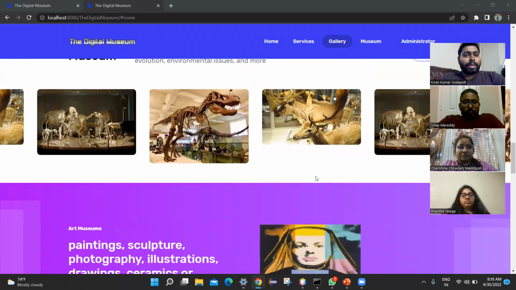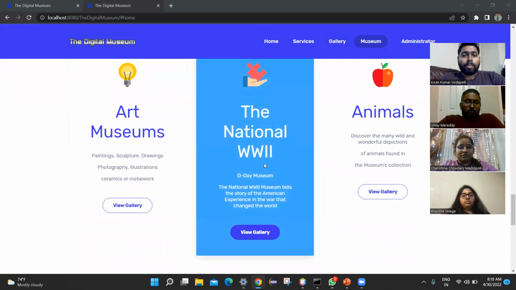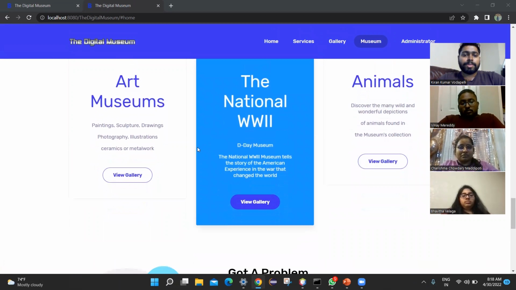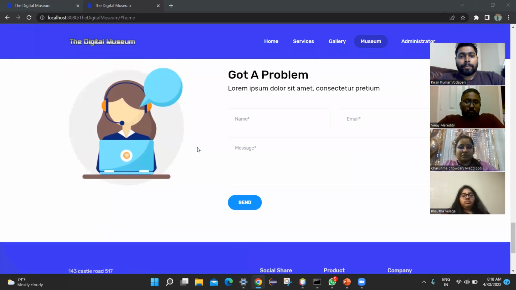We have created a good image gallery here, and the animations pop in when you mouse over any content. You see these little gestures to attract the customer and to improve the user interface and user experience of the website. And you can see we have created good default texts and default values, so that the user will not have any confusion when inputting the values.